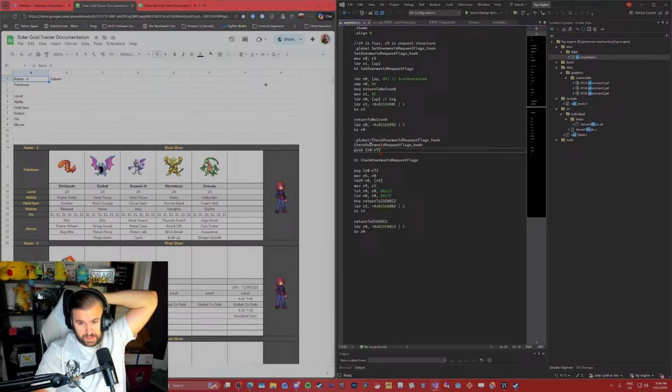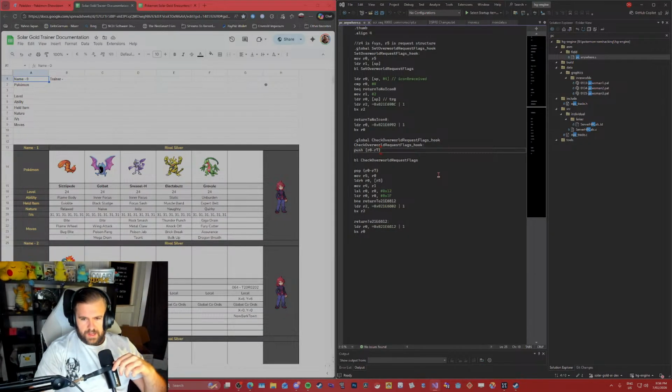Okay. Do you understand what this all means? Do you understand ASM modes? Probably not. I don't know how Kuma expects me to understand this, man.